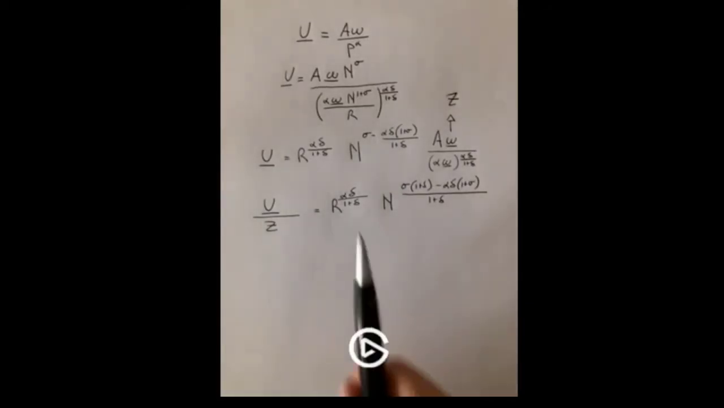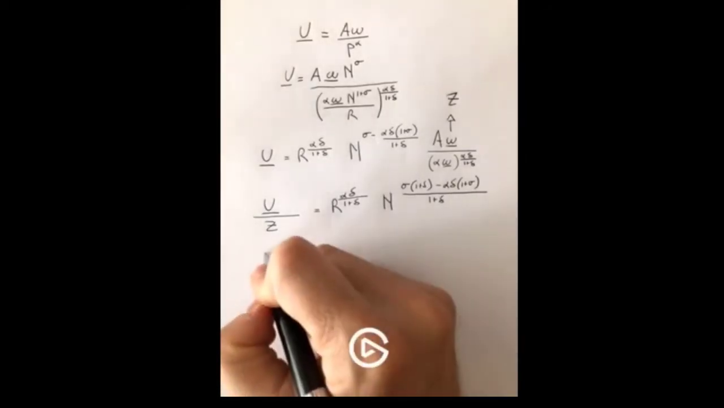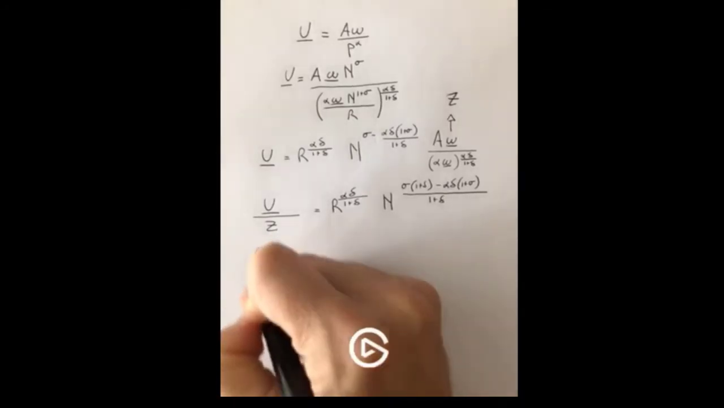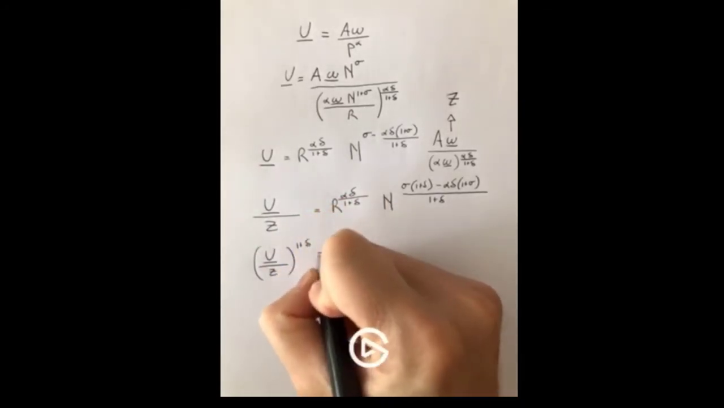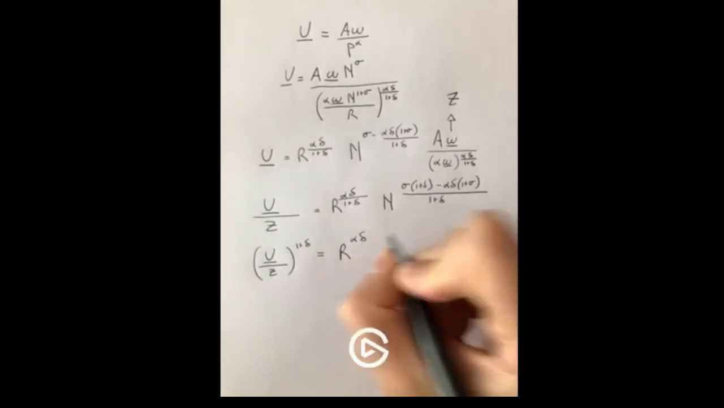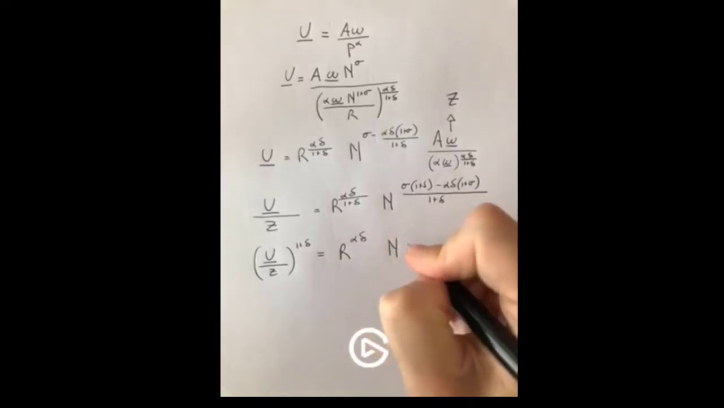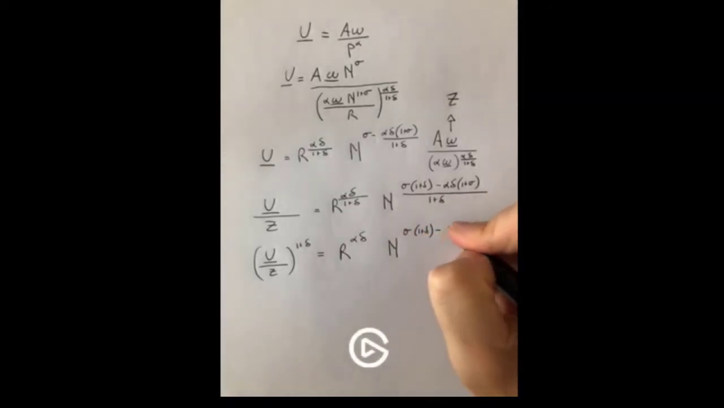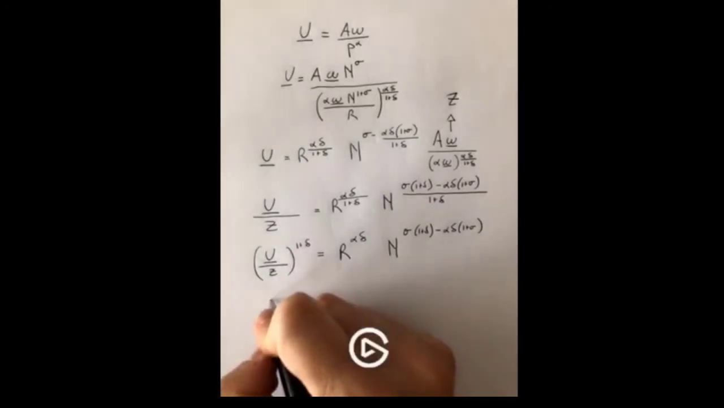So here I have on both sides 1 plus delta in the exponent, and I can move it on the other side. So this can be written as (u lower bar divided by z) with the exponent 1 plus delta is equal to r with the exponent alpha delta times n with the exponent sigma (1 plus delta) minus alpha delta (1 plus sigma). And finally I can solve for n. This gives me that n